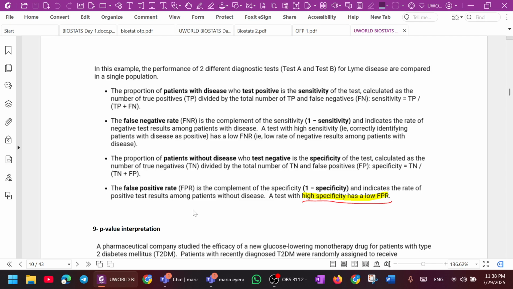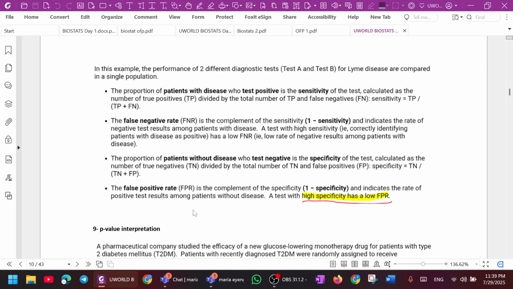So they kind of play with words here. They could tell you test B has a lower false positive rate than test A, or they can tell you test A has a higher false positive rate than test B. It's the same thing. Does it make sense? They're just playing with the words. Instead of telling you test B has a lower false positive rate, which you already deduced, they are telling you the opposite: test A has a higher false positive rate, which is the same thing as saying test B has a lower one, whatever. And then D,